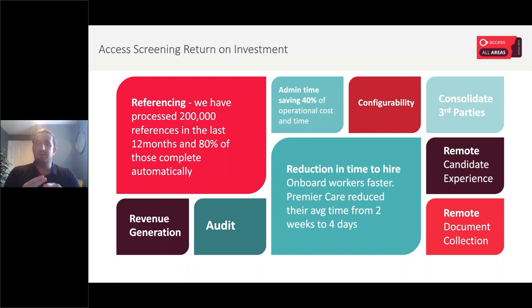So big return on investment on many levels with this that you will get very quickly, and a lot of our clients have seen that. And the other one on there that is a big factor for a lot of businesses, it's always quite painful when I talk to most people about it, is helping with the audit trail and having the ability to give read-only access to the system to be audited, or just pull down those vetting packs at any point to just give to the auditors. So this has really helped around the headache of audits with those customers